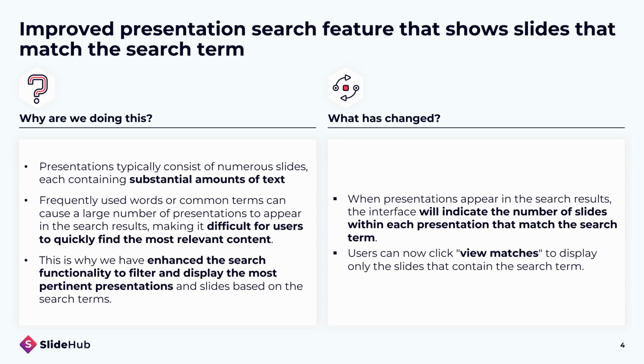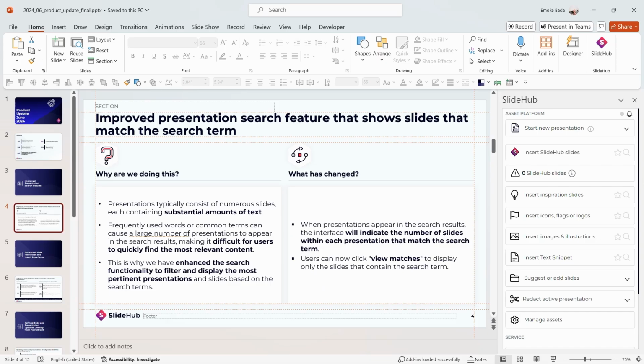What has changed? When presentations appear in the search results, the interface will indicate the number of slides within each presentation that match the search term. Users can now click View Matches to display only the slides that contain the search term. Let me show you how it works. So let's go to Insert SlideHub Slides,